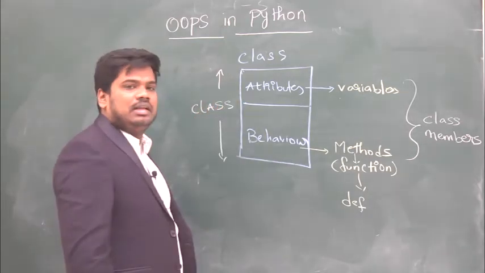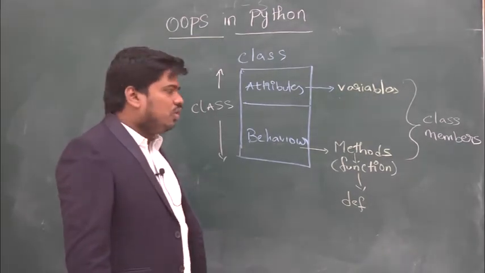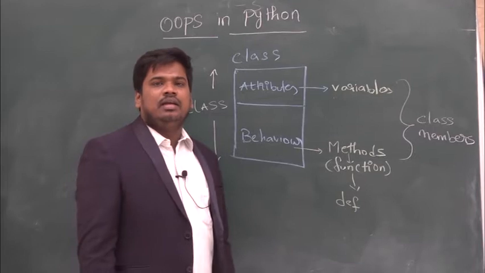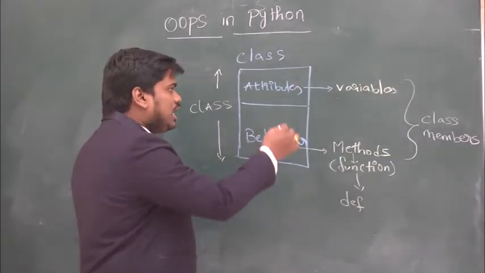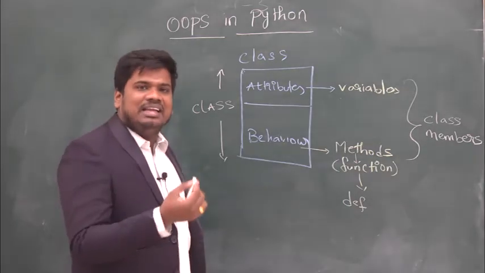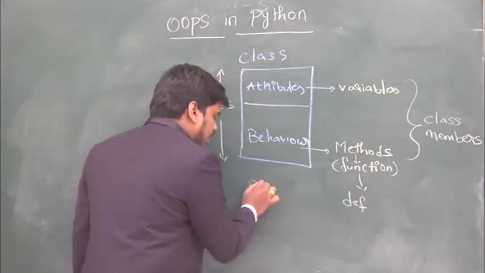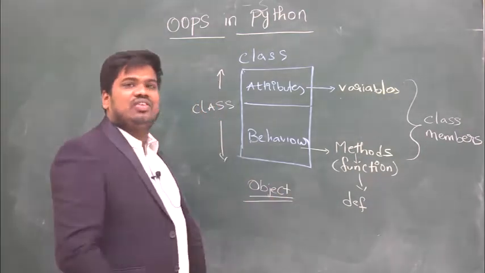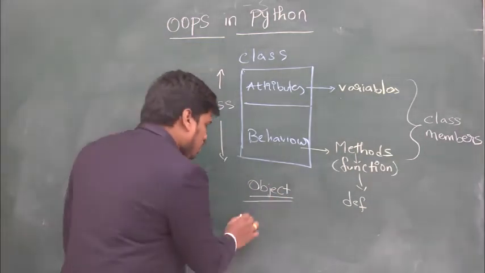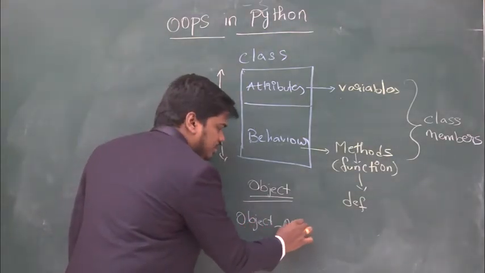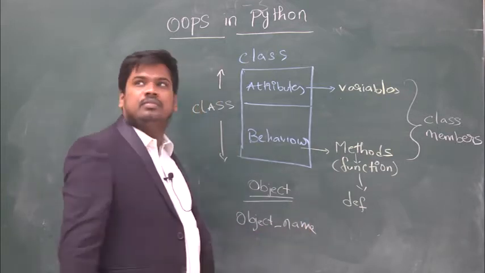So how do I access the variables and methods from my class? In order to access them, I need an object. The syntax for object creation is object underscore name